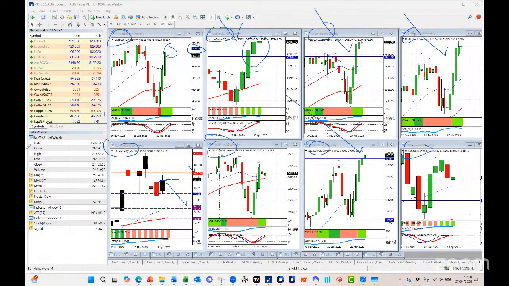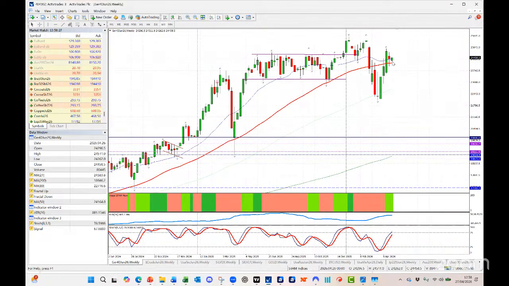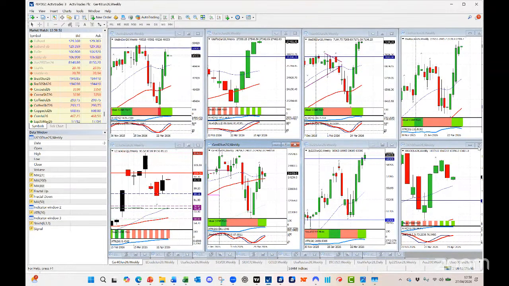If we look at a little bit closer to home, what we've got with the DAX is, the DAX printed once again another inside bar, spinning top, a little bit of indecision there. Okay, we're above the 50. But as you can see, in the way that the American indexes, most of them have pushed to new highs, that has not happened with DAX. Yep, it's had a big rally. It's back up above the 50 and a little bit above the 20, but it hasn't had the leap that we have seen in those American indices.